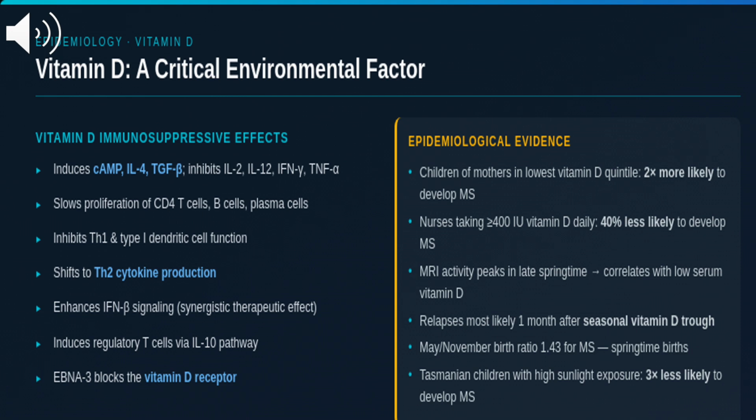The birth month effect is fascinating. More people with MS are born in April, fewer in November, suggesting that maternal vitamin D deficiency during winter months affects fetal immune programming that persists for decades. EBNA3 from EBV blocks the vitamin D receptor, mechanistically linking 2 of the most important environmental factors in MS in a single molecular mechanism and providing a compelling reason why EBV and vitamin D deficiency may act synergistically to increase